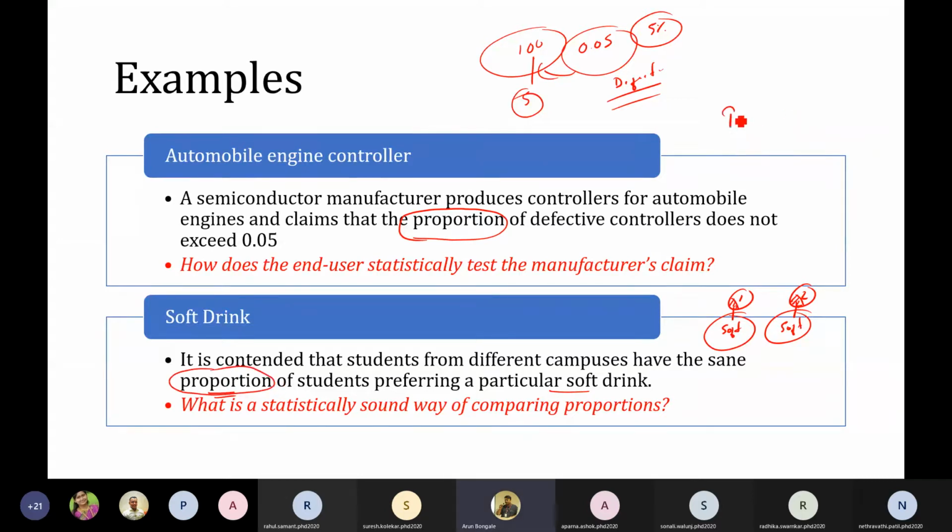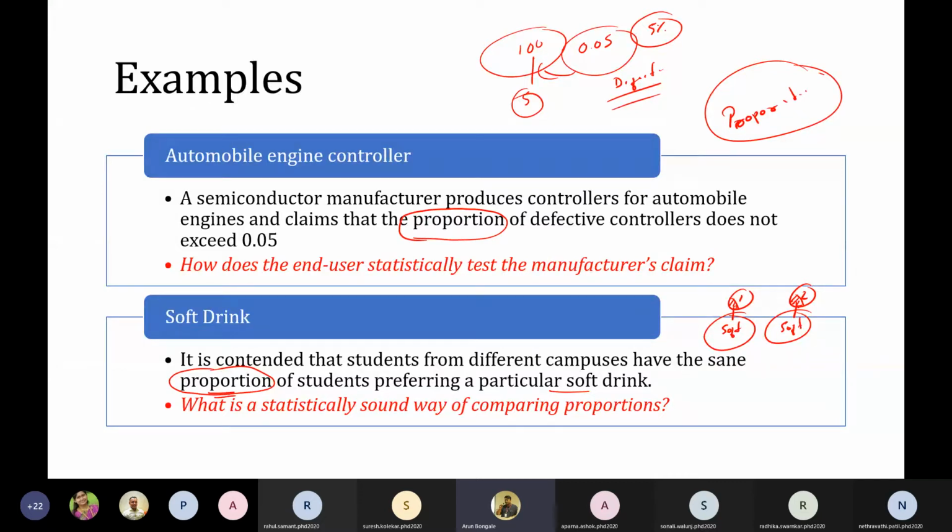So the parameter of interest is the proportion in this group, right? So we have seen examples where the parameter of interest was average, second comparison, then variation, then proportion, right? In coming time, we'll also see some other parameters, like linear regression or non-linear regression, right? How to analyze that, so we'll be checking that.